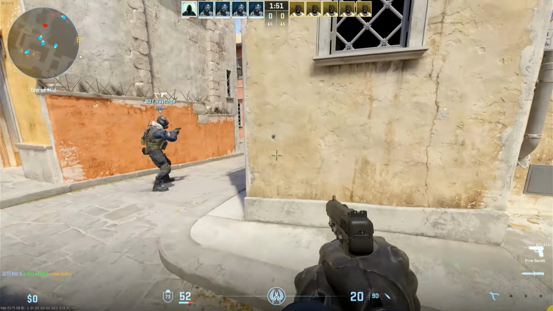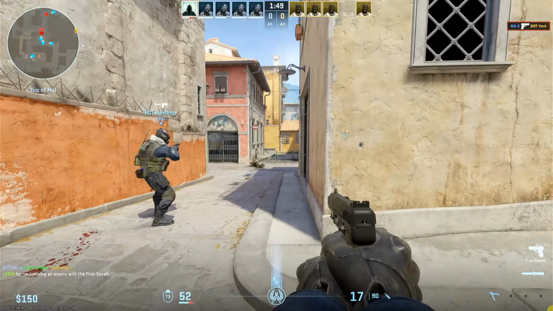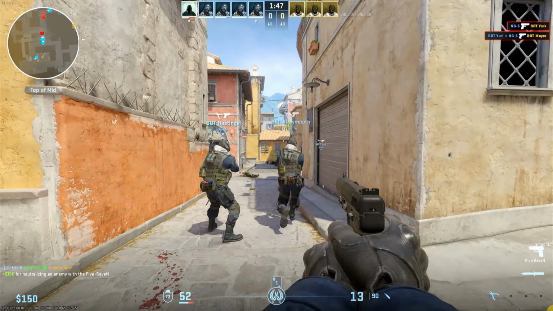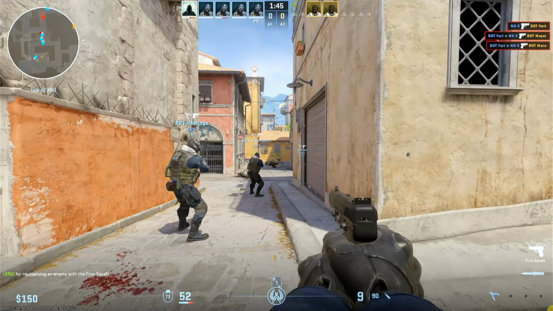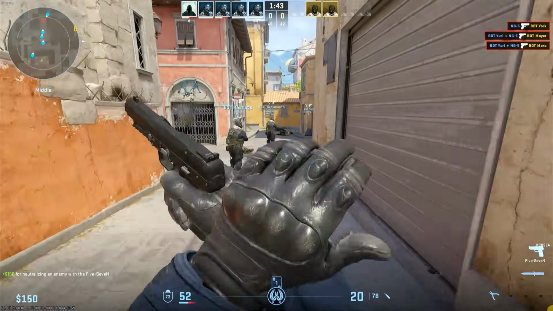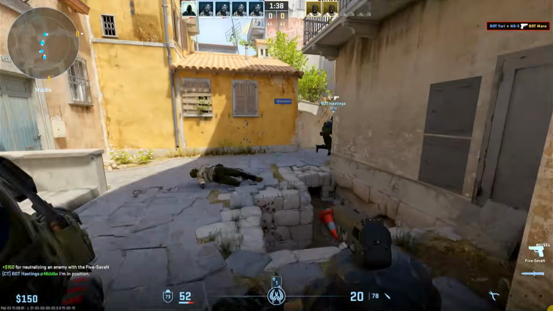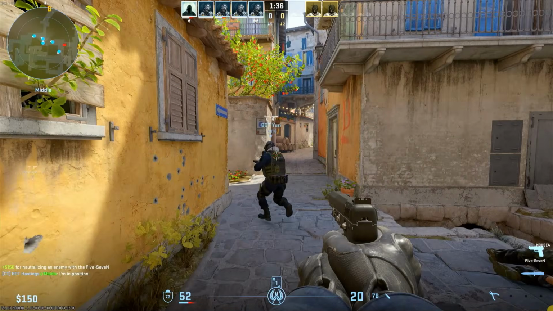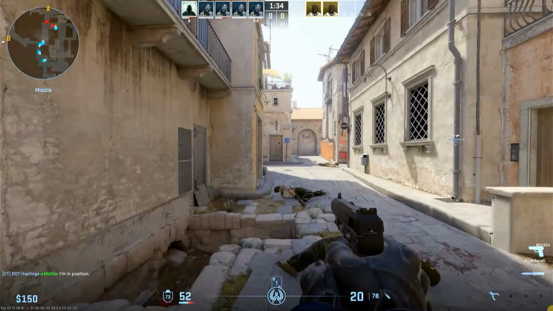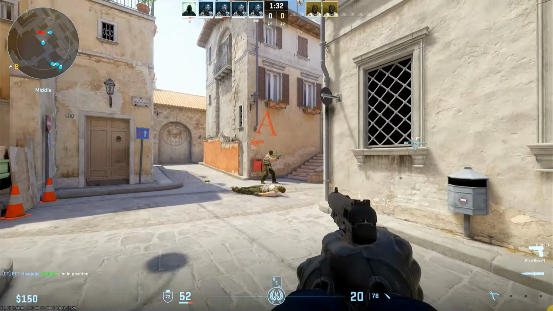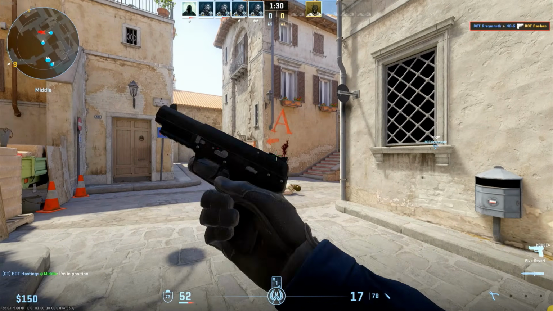As you can see, CSGO is running beautifully on Bazzite. Thanks to the pre-installed drivers and Proton, the game just works out of the box. I'm getting around 60 frames per second and the gameplay feels really responsive. Bazzite is definitely living up to its reputation as a great Linux gaming distro. Even on demanding games like CSGO, it's running without issues.